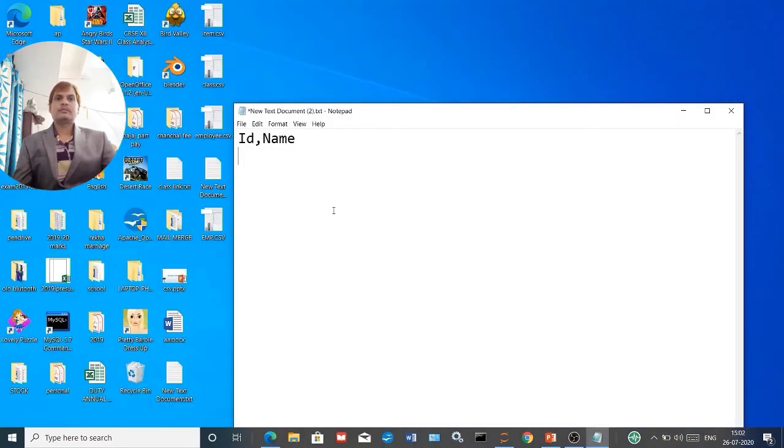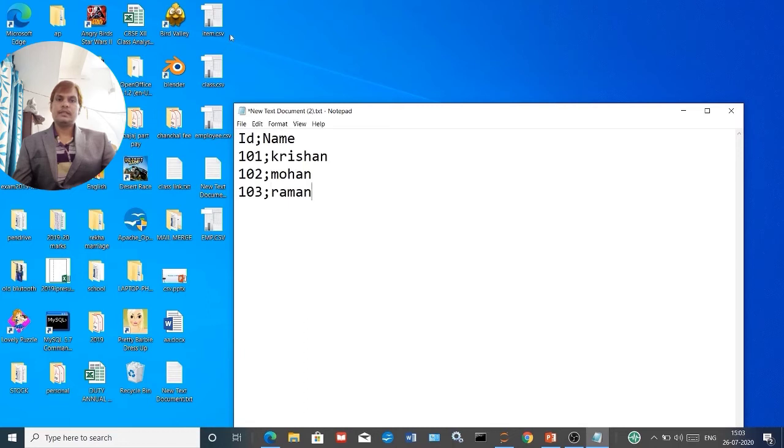Now let us see an example of a separator. I am going to create another CSV file with a different type of separator, called a semicolon. Let me correct it. Yes, so this file is separated by semicolon.